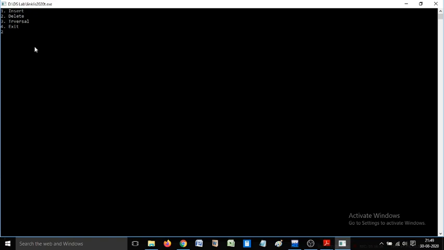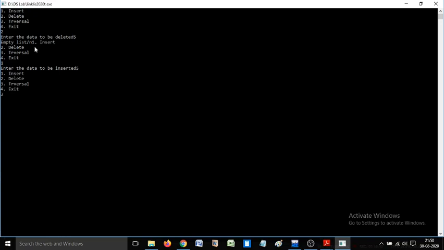So I'm going to option 2, delete. It asks which value to be deleted. I'm just giving 5. It shows empty list. So the program is able to handle the situation when we want to delete from an empty list. Now I want to insert a value. Insert, option 1. First let me give 5. So the value is inserted.